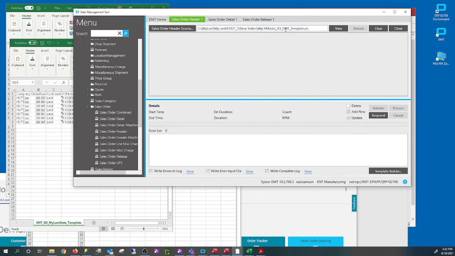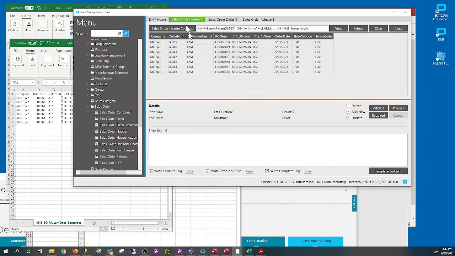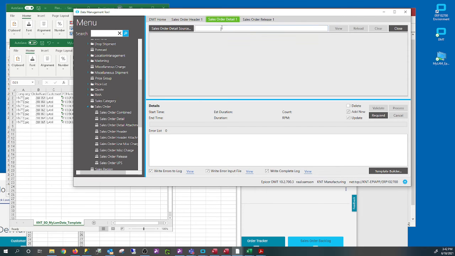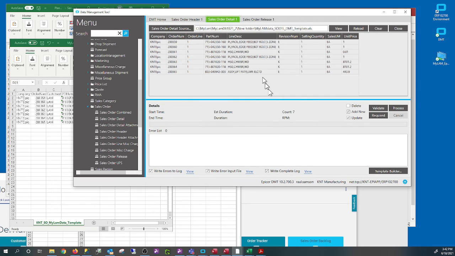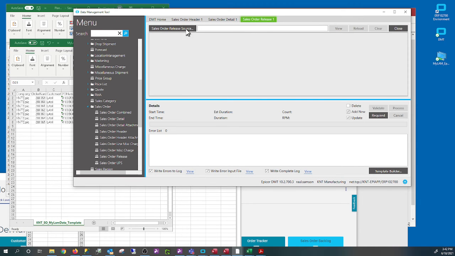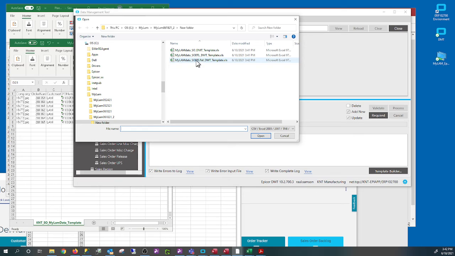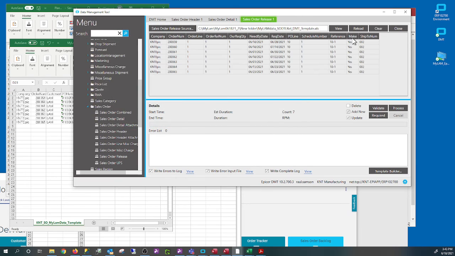Just open it, and this is the data. You need to do the same thing with the detail. Click here, and then click this, and then go to the detail. This is the detail, right? And then click here again on the release. Click here, and this is the release data.